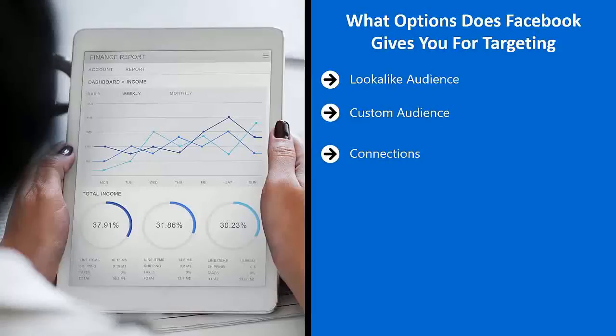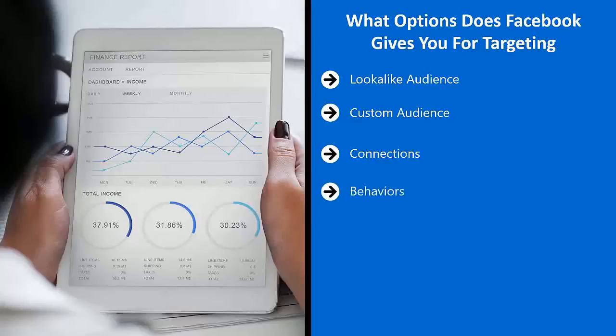Connections. This enables you to limit or set up the relationship of the new eyeballs you're advertising to. Maybe they are interested in an event. Maybe they use a certain app. Maybe they've gone to a Facebook page. Or maybe they're friends with people who already liked your stuff. Connections is a great way of targeting people who had some prior contact with your brand or know people who do. Generally speaking, people who share the same interests tend to be friends or have some personal connection.